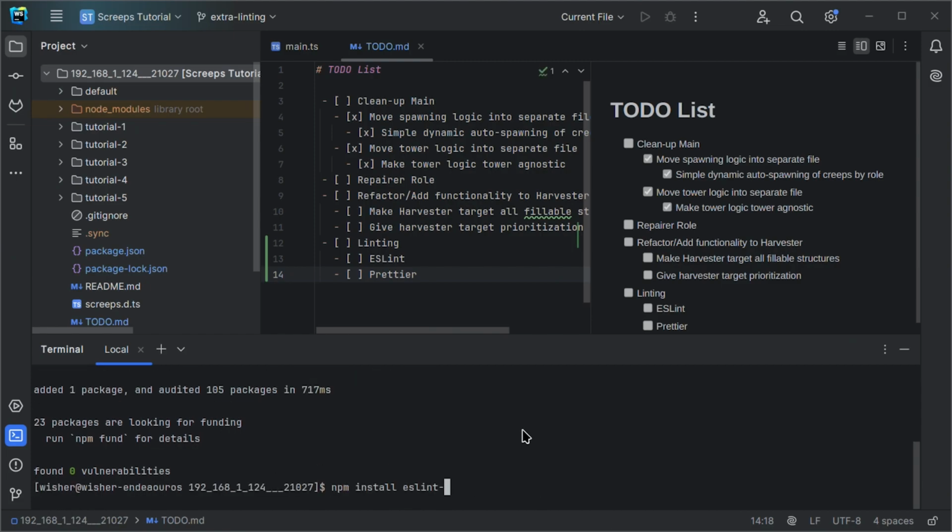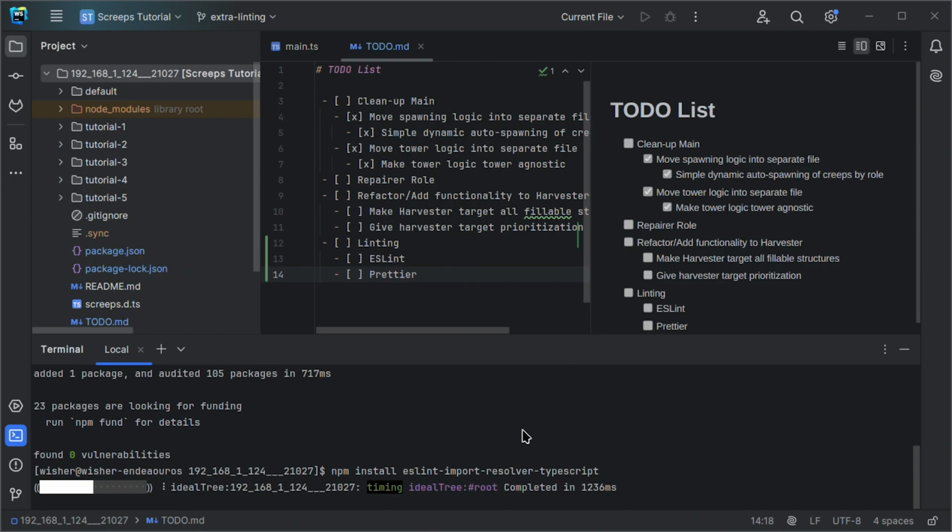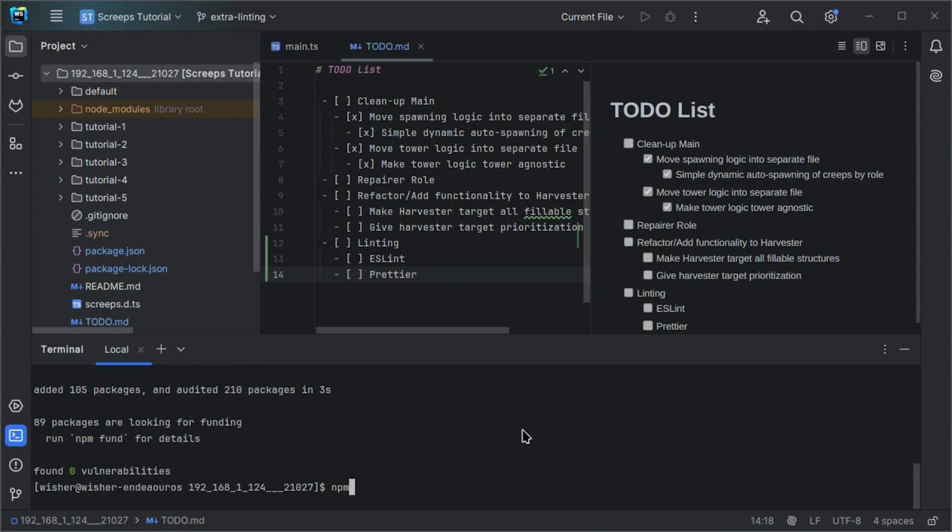and then ESLint import resolver TypeScript, npm install ESLint plugin import, npm install ESLint plugin Prettier,